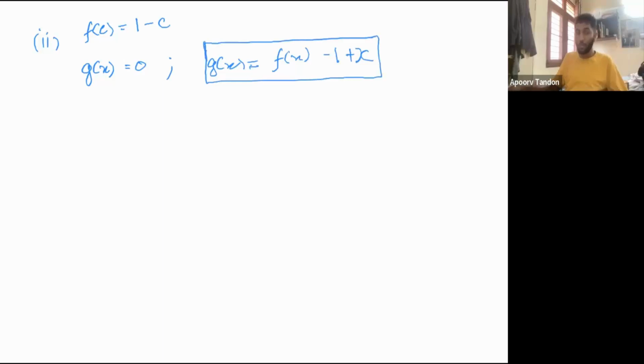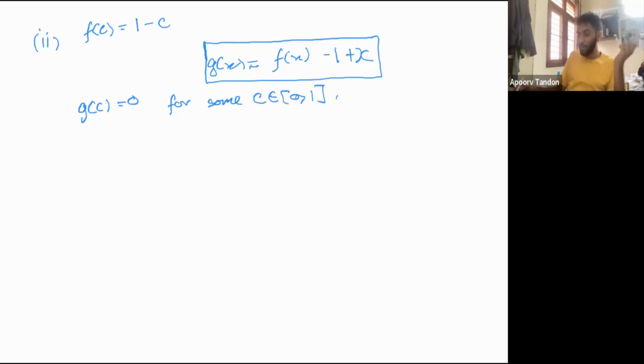And now what we have to prove is that g of c is equal to 0 for at least one point between 0 and 1. Again, we will use the intermediate value theorem for this question. We will consider the value of g of x at first 0. So g of 0 is equal to f of 0 minus 1 plus 0, which is f of 0